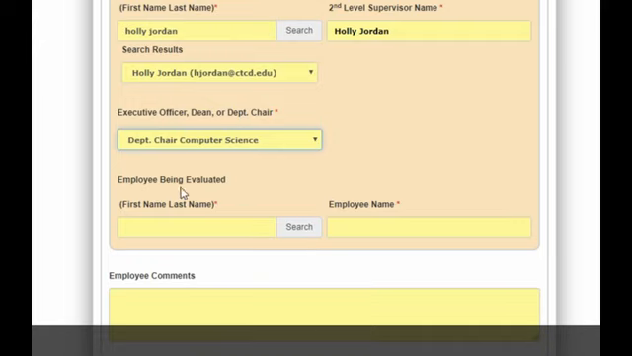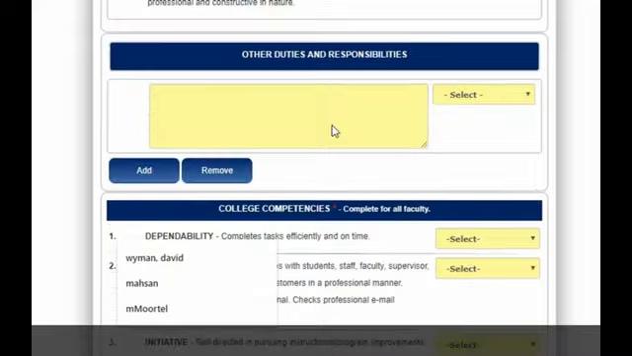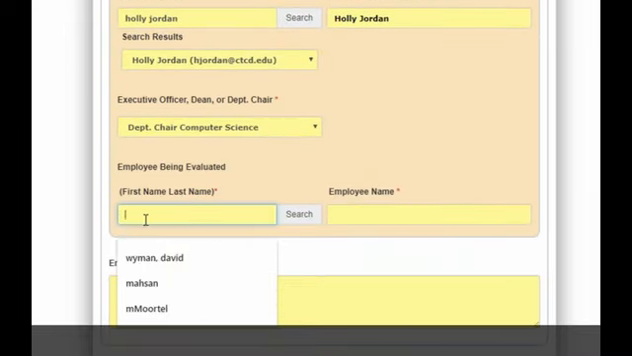Then you're going to look for the individual being evaluated. This is not a field where you're going to search for this person by name. This one you're looking for the individual being evaluated. So the person in this field should be the same as this person. Okay, this name should be the same as this name. So we're going to search for